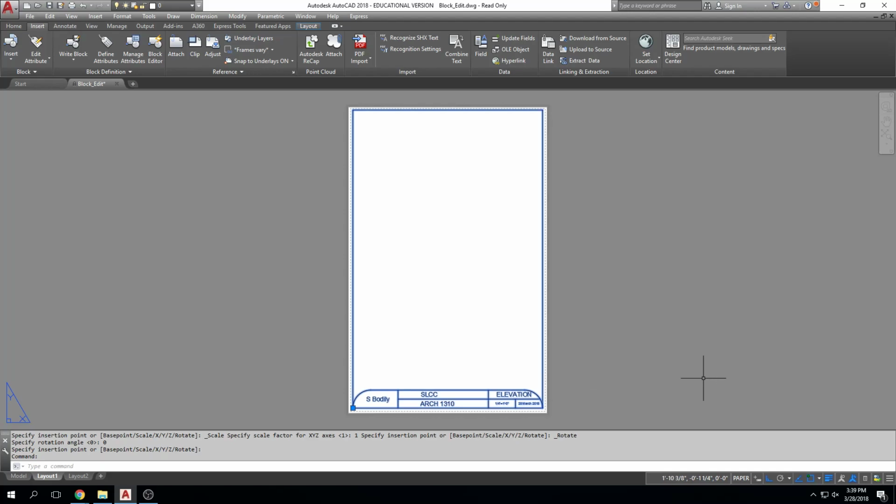So don't be confused with the idea that we have model space and we have paper space. In model space we draw, in paper space we print, right? We can still insert blocks and text and different things like that into paper space. Yep. How do you edit